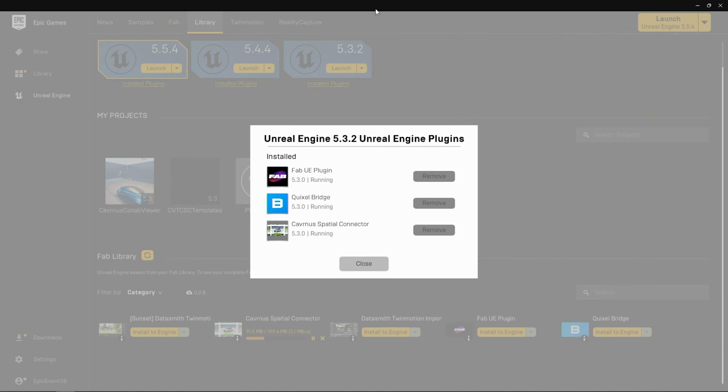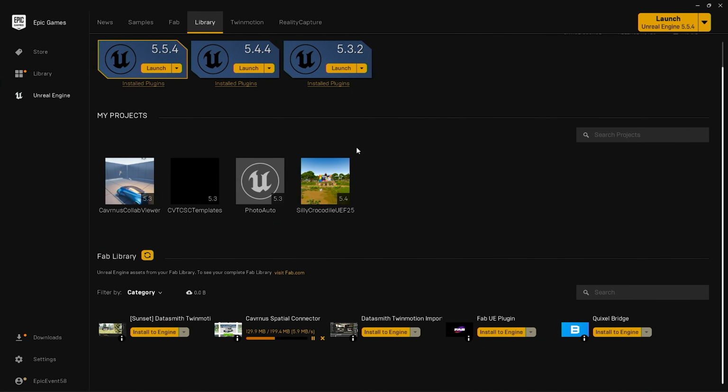If you happen to look here, it's installed in 5.3. You get notifications if it's been updated right here. So it's very easy for us to push updates to you guys. So once you do that,